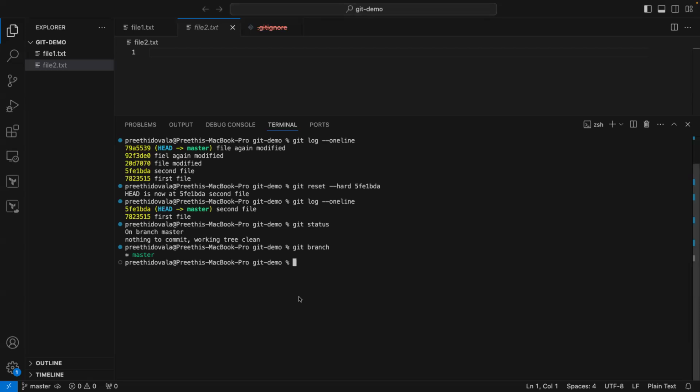Fine. Let's say I want to create a new branch from this master. The command is git branch. You may give some name like feature for EC2 or whatever. I'm just giving the name as B1. So the syntax to create a new branch is